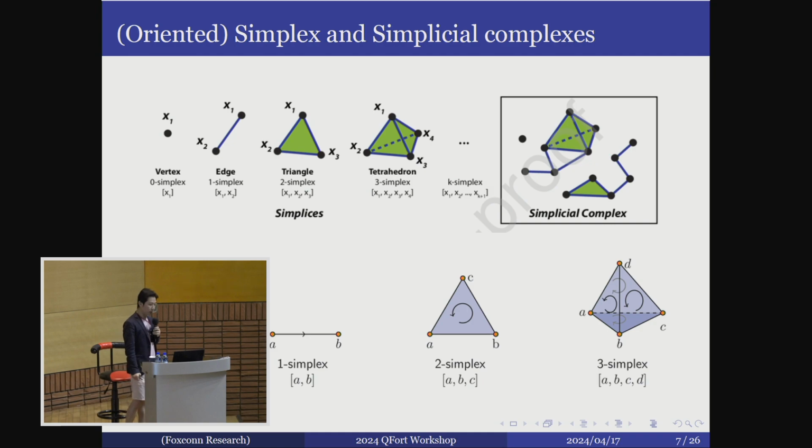And this is quite crucial. Considering an oriented simplicial complex is a key in our result, because by doing that we introduce a minus sign, so that it introduces this